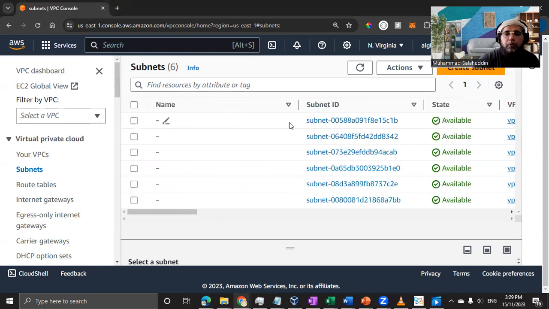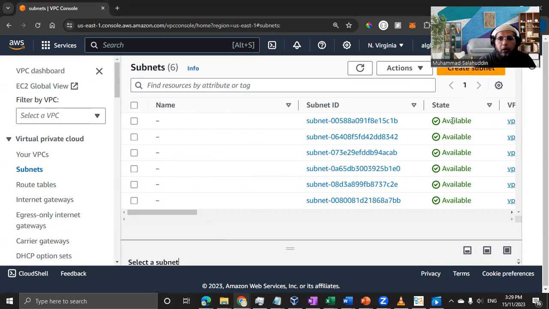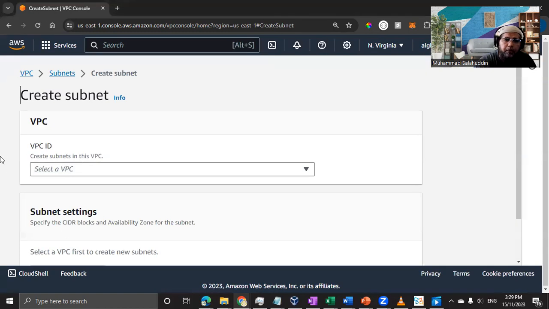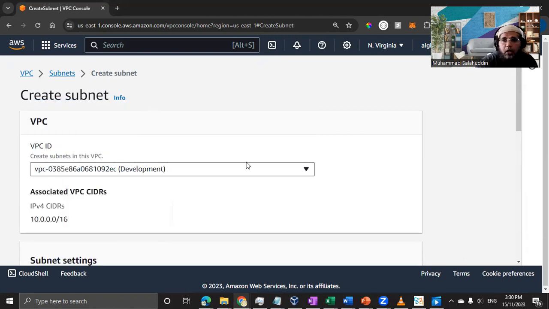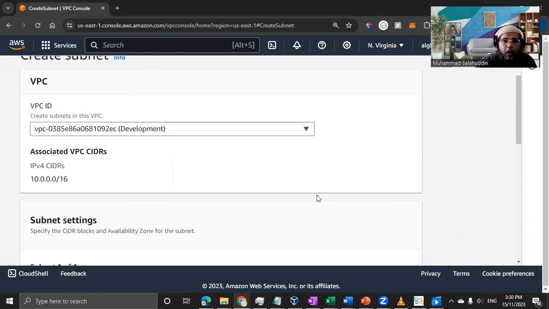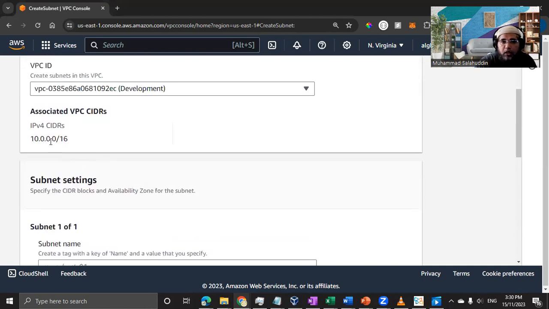So now, because we are not going to use this default one, I'll go and say, yeah, create a new subnet. And now it will show me, okay, because like I mentioned, VPC will give you the platform or the base network. Now you need to split it depending upon what kind of design you're gonna put in place, right? So what I'll do is use the VPC that I have created, and now you can see it's showing me,